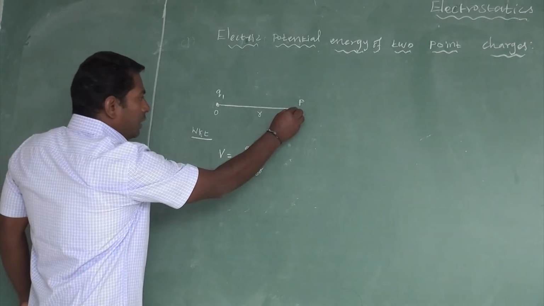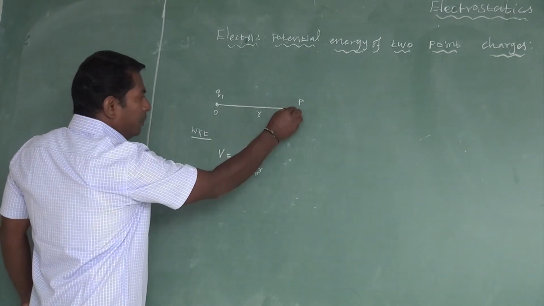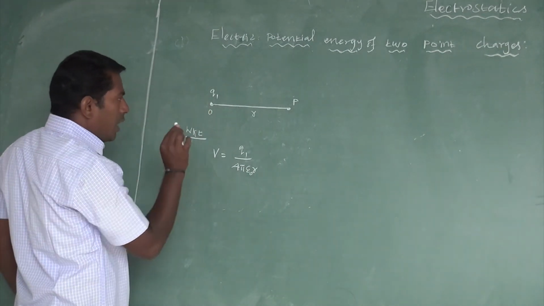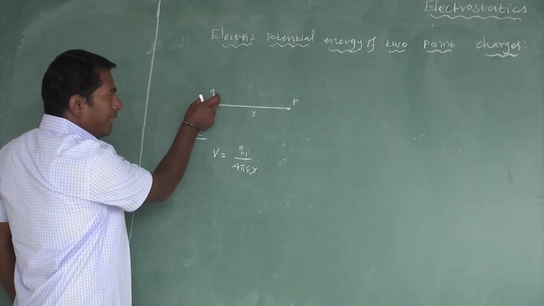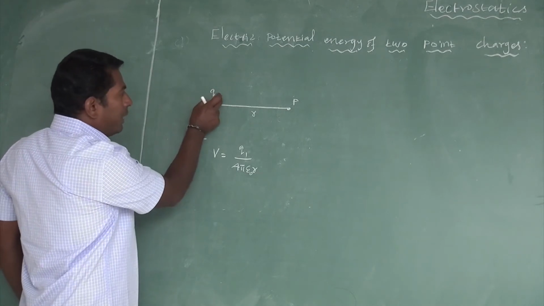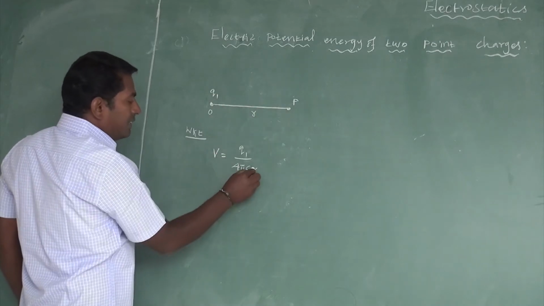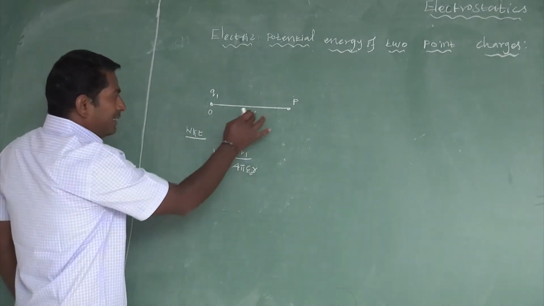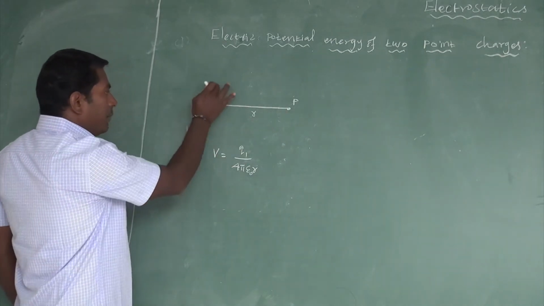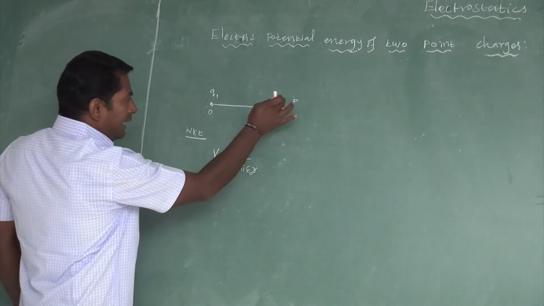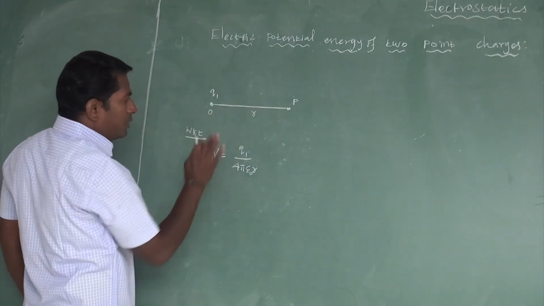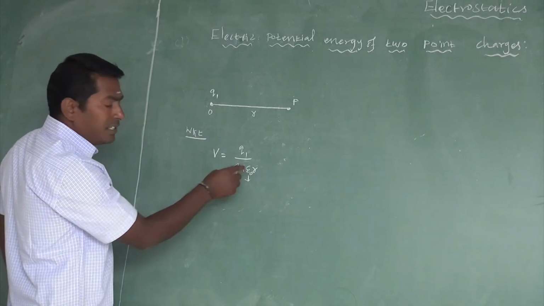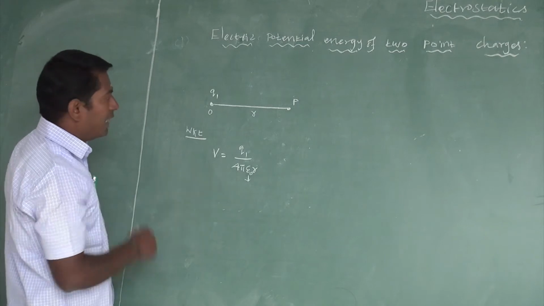So this potential produced by the point charge at a point P depends upon the magnitude of the source charge Q1, and the source charge magnitude remains constant. The potential produced by the source charge at a point P also depends upon the distance of the point P from the point charge, and the distance also remains constant. At a given point, that point charge produces an electric potential. It depends upon the medium also. Here epsilon naught is the permittivity of free space or air or vacuum.